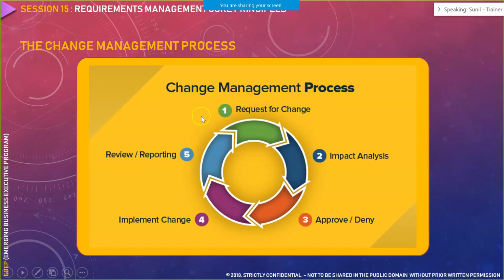Now this is the case when your request is approved in the first place. What would be the case when your impact analysis artifact is denied? When it is denied, you have to modify the artifact and resend it for approval. This may take a while to get from the impact analysis stage to implementation because of this approval and denial process. You may have to go back and forth multiple times to get the final version of the impact analysis document approved. Only after that can you implement that particular change.